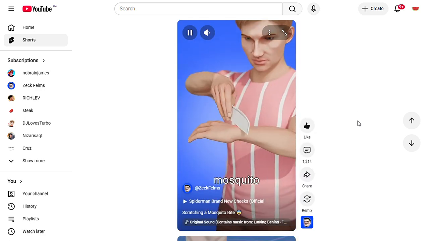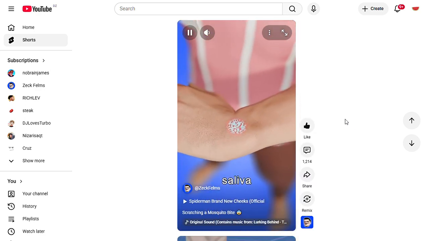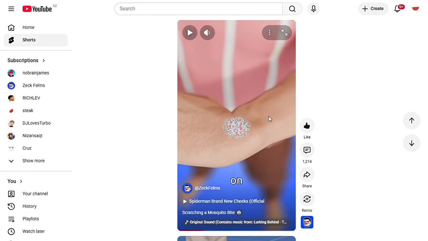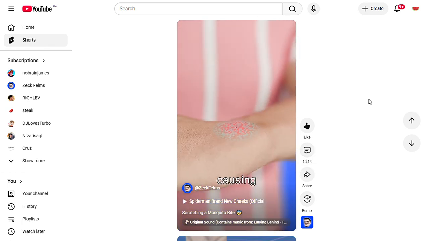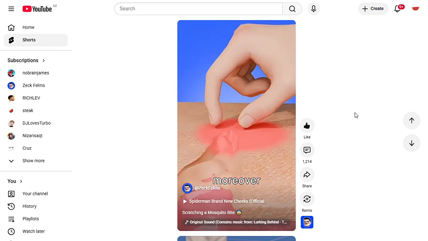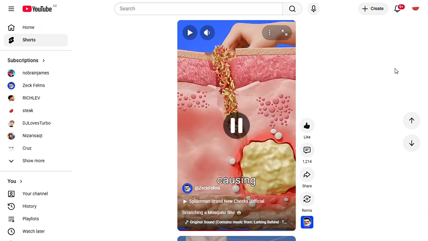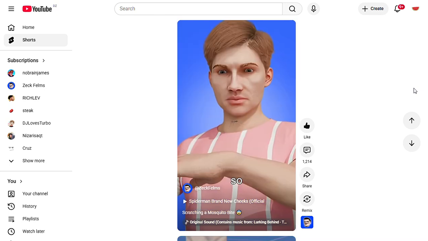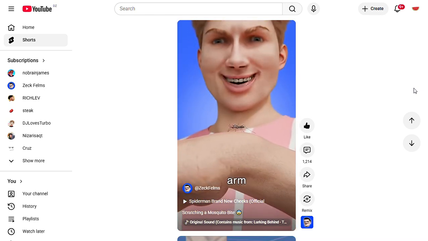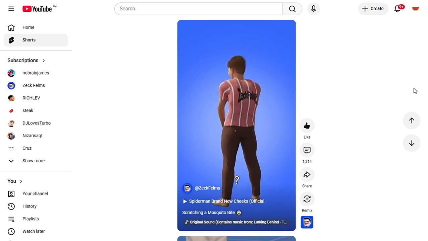When you scratch the mosquito bites, you smear the saliva on the tissues around, causing even more swelling. Moreover, you put bacteria into the open wound with your nails, causing serious infection. So next time you see a mosquito on your arm, you can simply take it and...